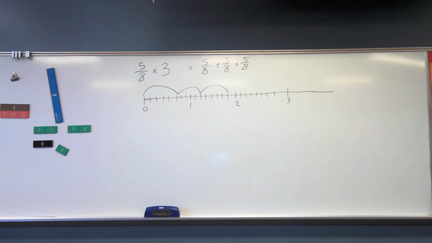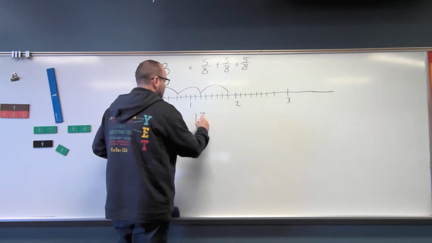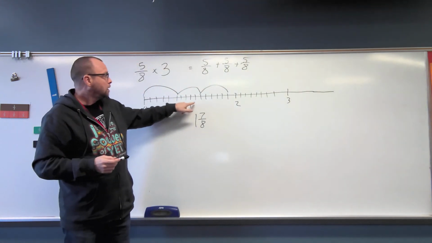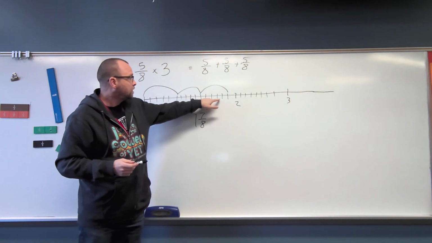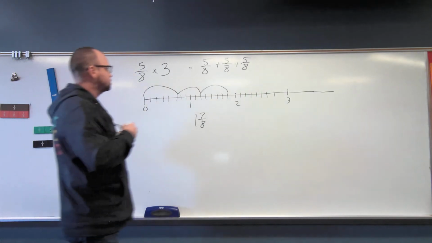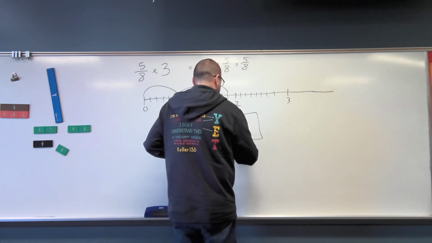How much less than 2? 1/8 less than 2. So then the answer would be 1 7/8. Because here's 1. And 1/8, 2/8, 3/8, 4/8, 5/8, 6/8, 7/8. So 1 7/8. Now remember, you might see pictures, and I'm not going to be very good at dividing into